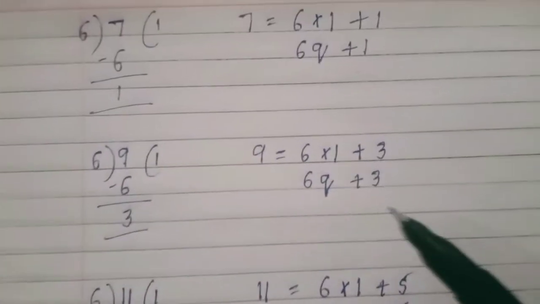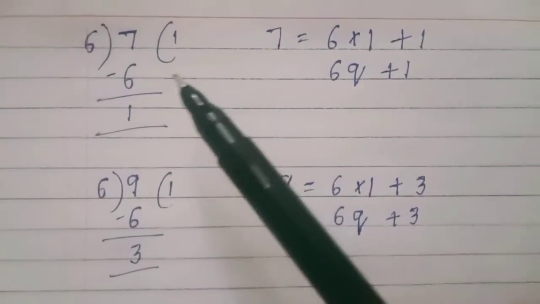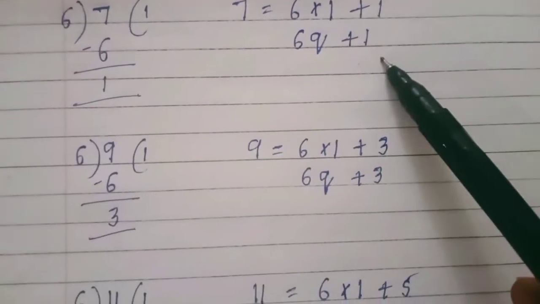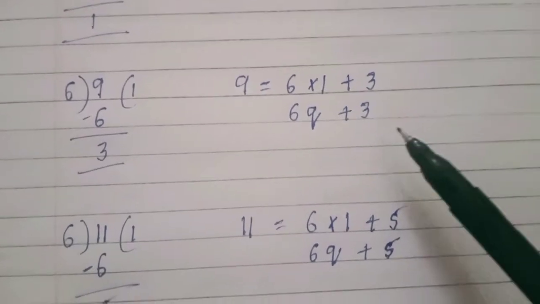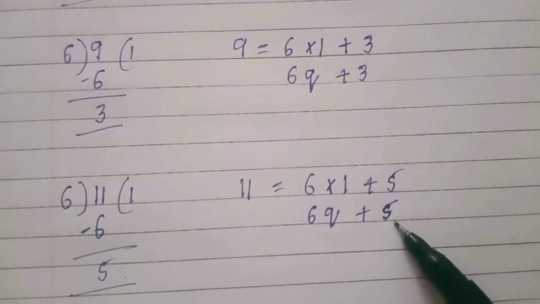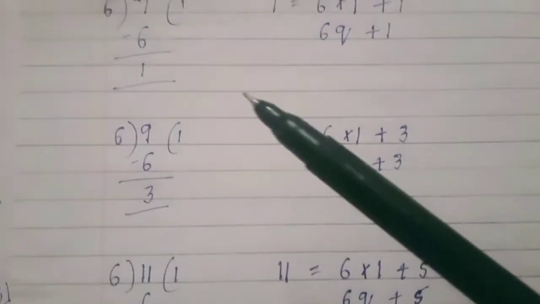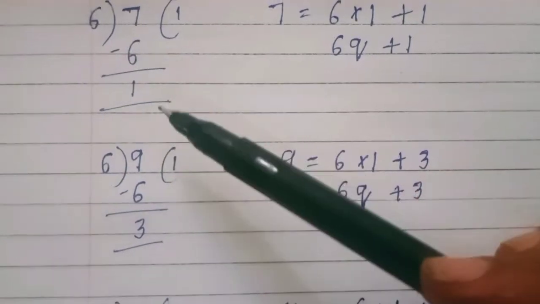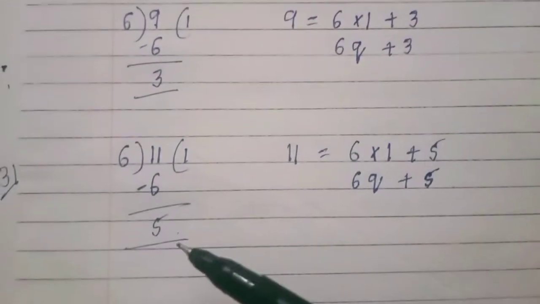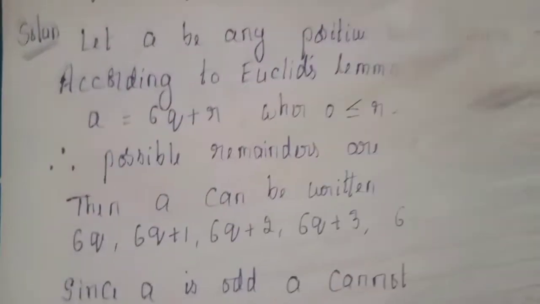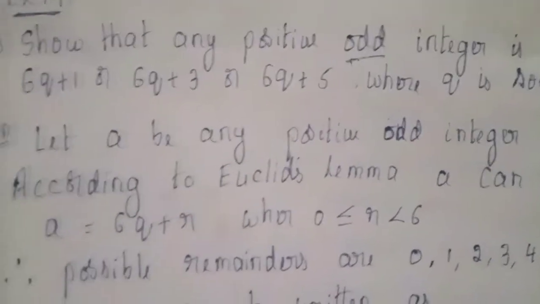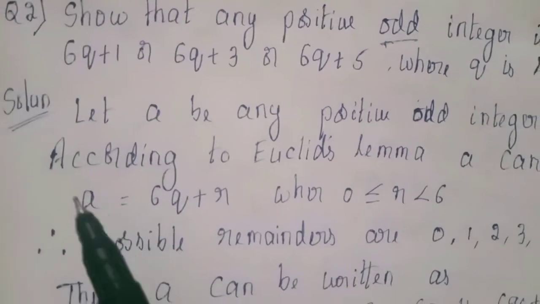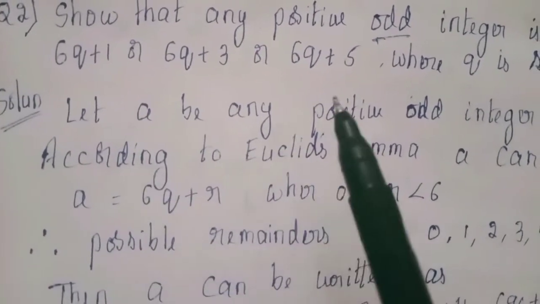So you can observe, here I have shown it is 6q plus 1, 6q plus 3, 6q plus 5. You can check it out with any odd number as a dividend and divide by 6. It will be either 6q plus 1 or 6q plus 3 or 6q plus 5. So indirectly what you are understanding, the only possible remainders when you divide any odd number by 6 are 1, 3 and 5. Now let us start the proof of this question. We cannot explain what I explained with the examples for this solution, so we have to use the lemma form and explain theoretically.